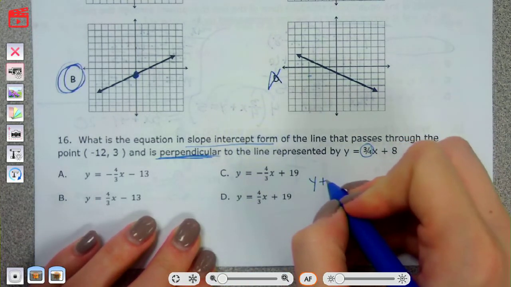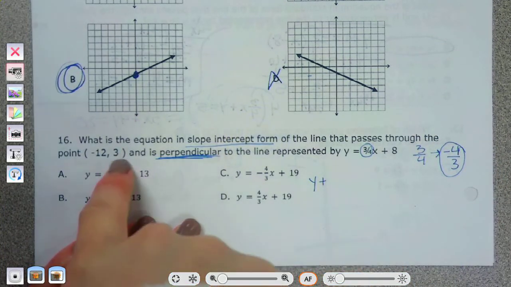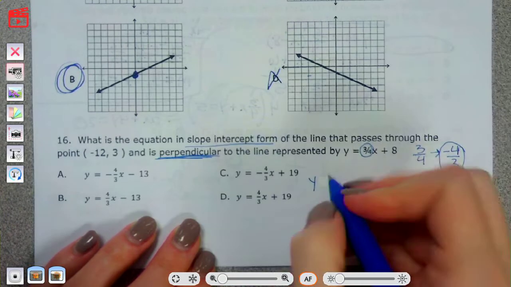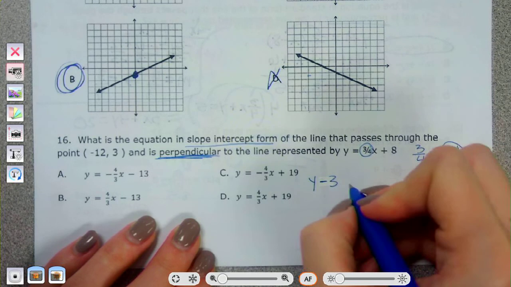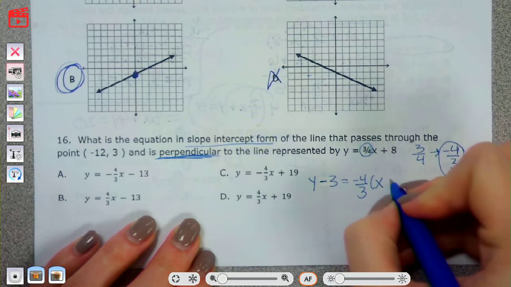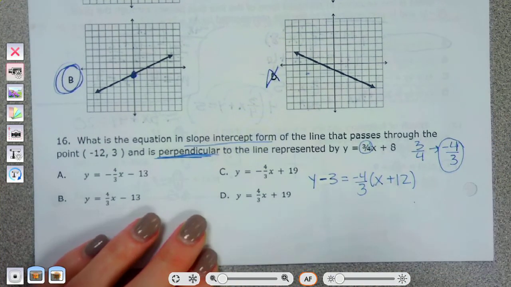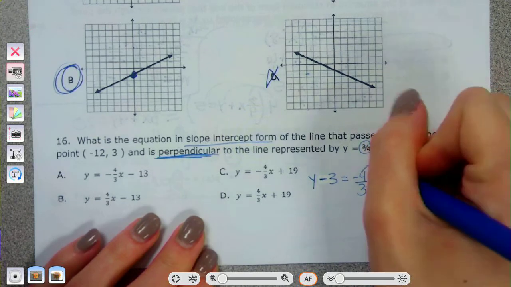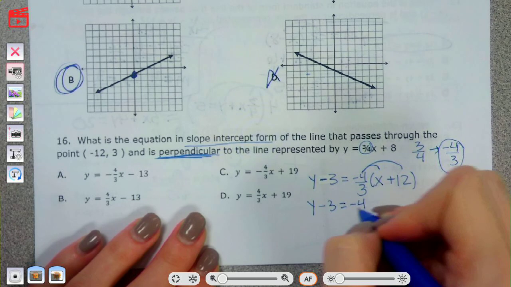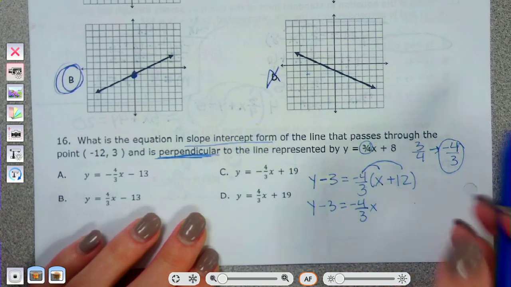Y plus, nope, that's wrong. Why is this wrong? Because it's a +3, so it needs to be -3. Y minus 3 equals -4/3 times x plus 12, because it's a -12 here. Okay, and again, we have to distribute to get it in slope-intercept. Y minus 3 equals -4/3x. -4/3 times 12. So -4